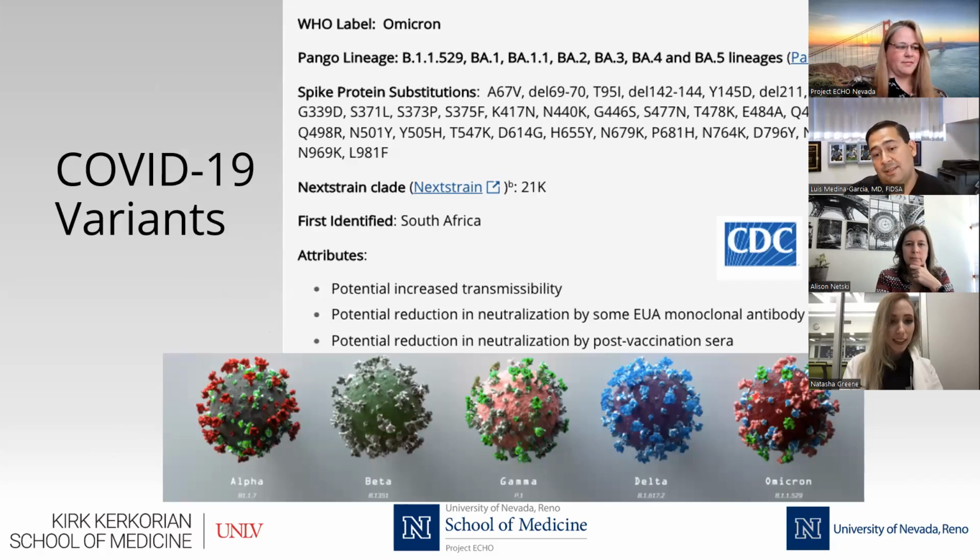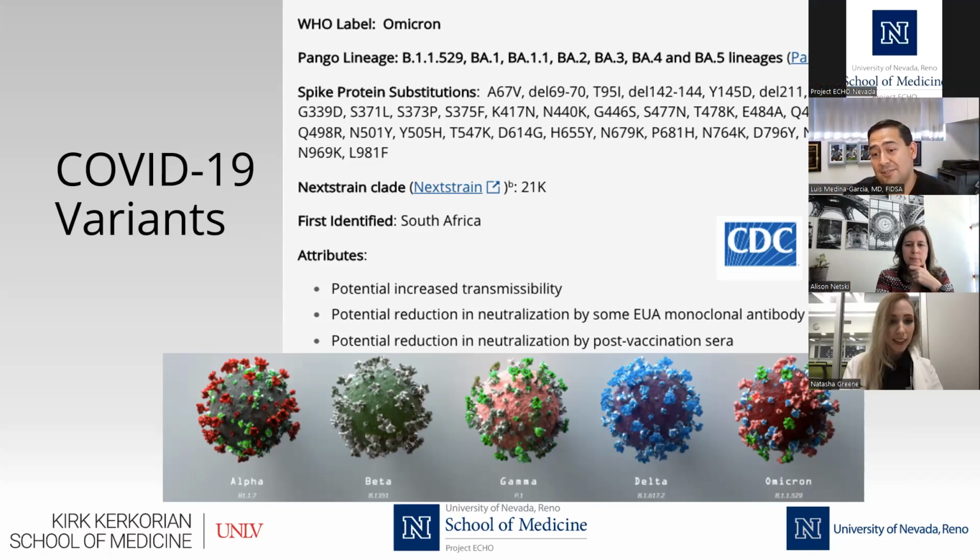I put this here because it's a nice little picture of the virions. And if you notice on the spike proteins, they change colors within the virion. And then you notice that by the time you get to Omicron, you have more colors and then several colors within each spike protein. And that's just nature telling you, I am going to survive. And so before we run out of Greek letters on the alphabet, this company called Pango started the nomenclature for the different lineages of